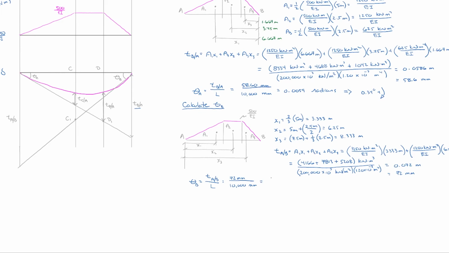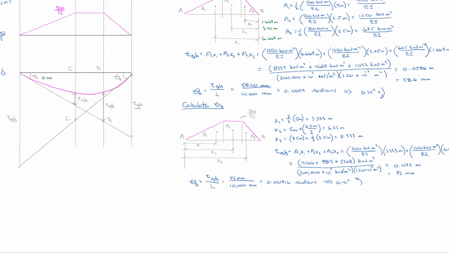And that comes up and gives us a value of 0.00716 radians. And again, you can multiply by 180 over pi and convert that to 0.41 degrees. Let's go in that direction. And I can go ahead and put those values in here. So I'll write them in, the radian value,